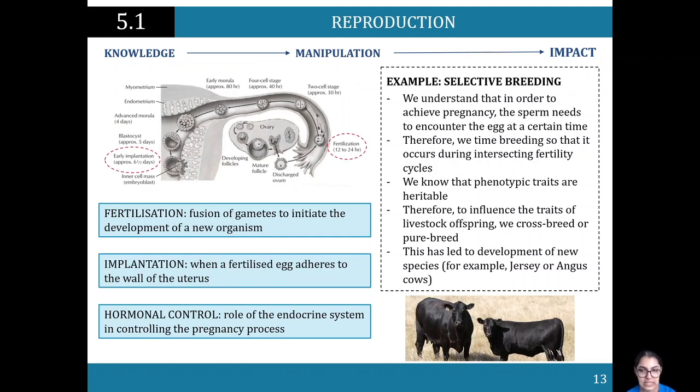So this is essentially the two big parts of this first dot point of reproduction. We look at asexual versus sexual reproduction in a range of organisms, in a range of species, and then we essentially look at the process of fertilization and implantation in mammals, and we look at how that can be manipulated to achieve a desired effect, and we